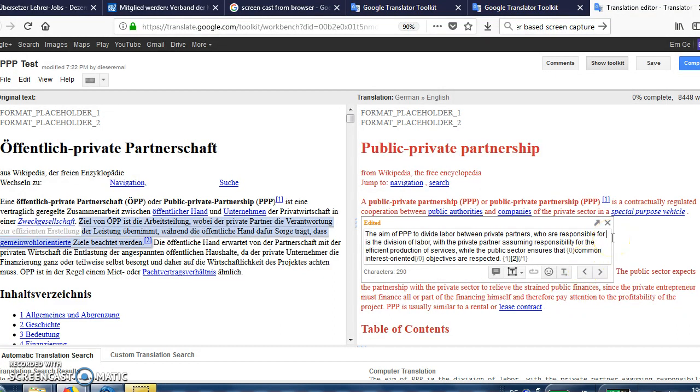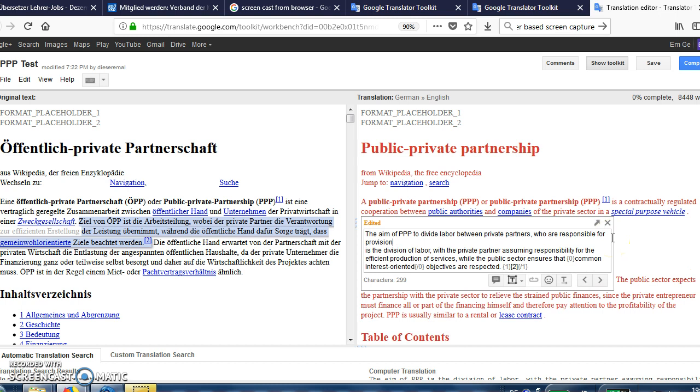It's probably what they mean as a provision of the labor, the provision of the service. You don't create the service. The aim of PPP is to divide labor between private partners who are responsible for providing services, comma, and the public sector, which ensures that social